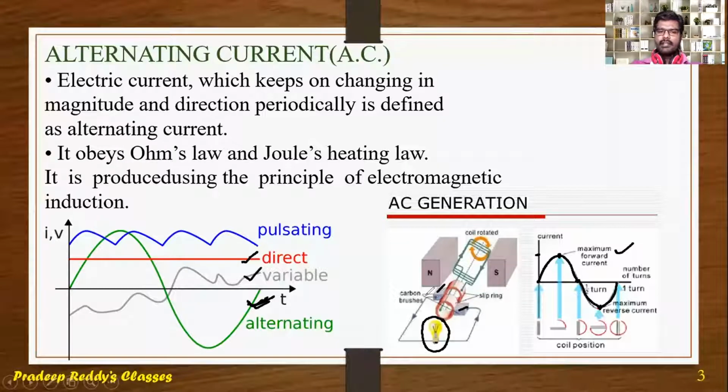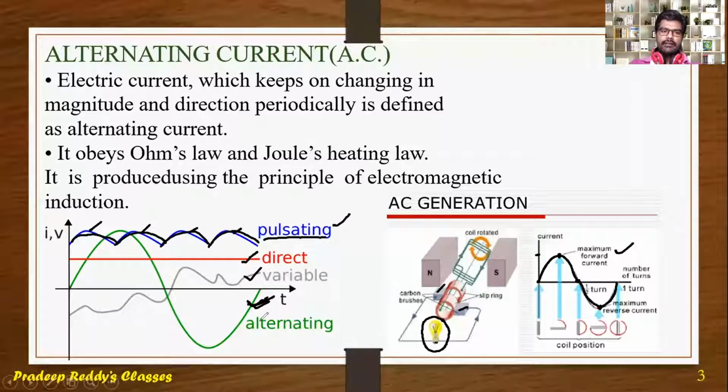It is not alternating, it's just a variable. Whenever an alternating current is converted to direct current with diodes in a rectifier circuit, you will get such pulsated current. Pulsated current appears like these pulses. This is one pulse. This is one more pulse. This is one more pulse. This is one more pulse. Such current is called pulsating current.